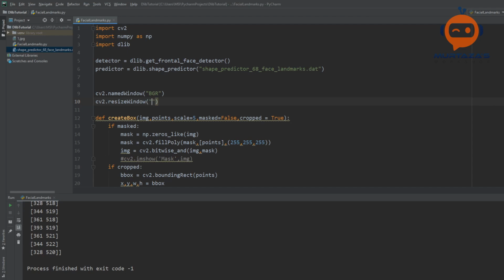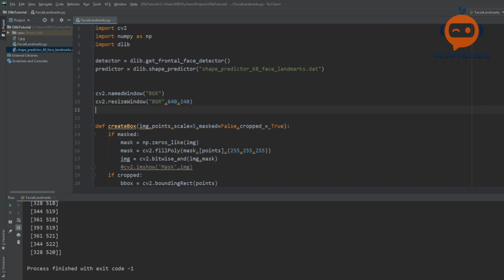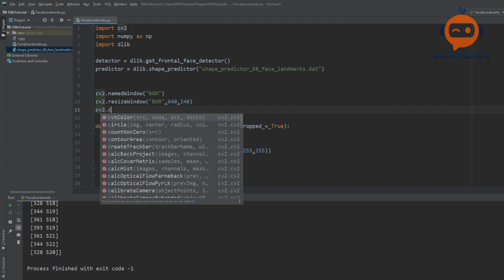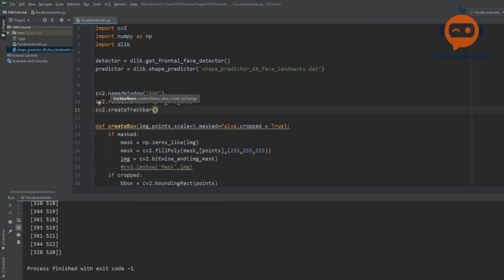We will write here BGR, and then 640 by 240, and then we have to create three trackbars for blue, green, and red. So we will write cv2.createTrackbar, and this will be Blue, and we will put it in the BGR